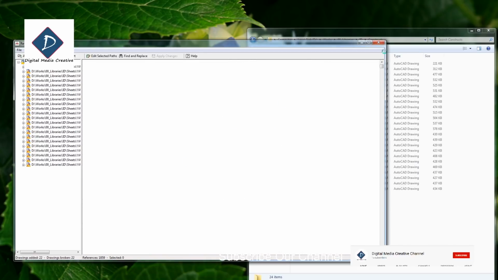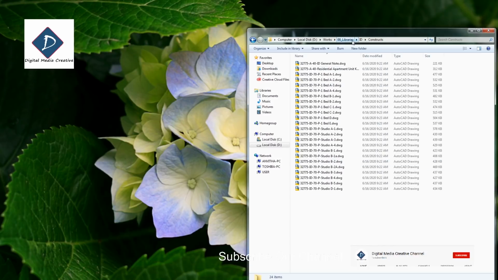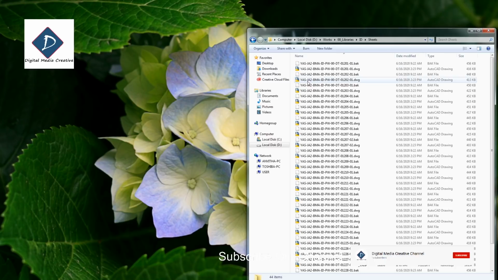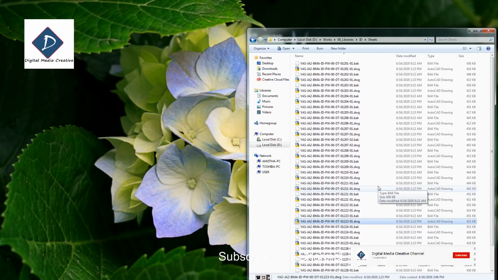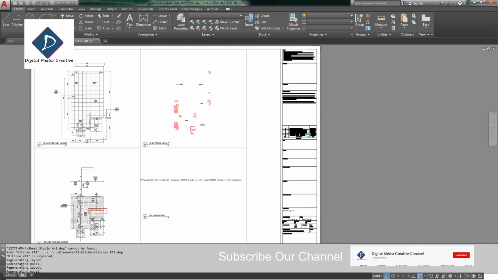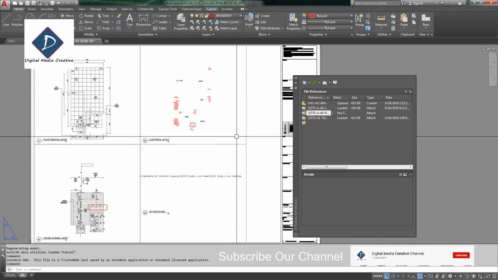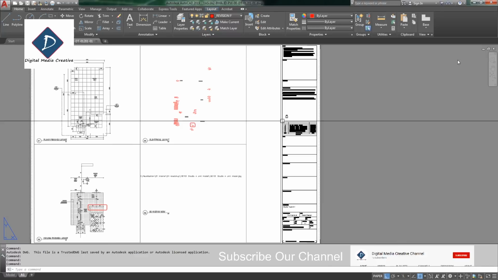Okay. Then once it's done, you can just close it. Then you can go to the sheet. You can see all these files. It's like we open and link again, then close it. Okay. So I'm going to open one file, because it's a link file. That's why it's missing.